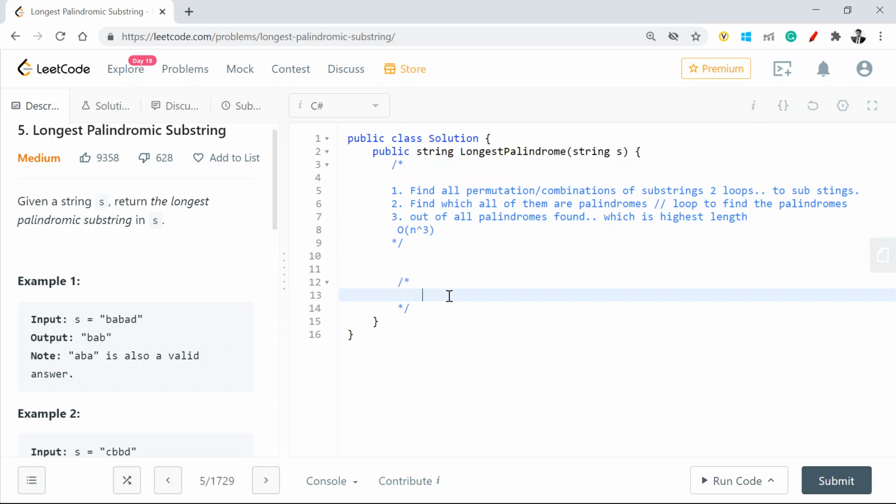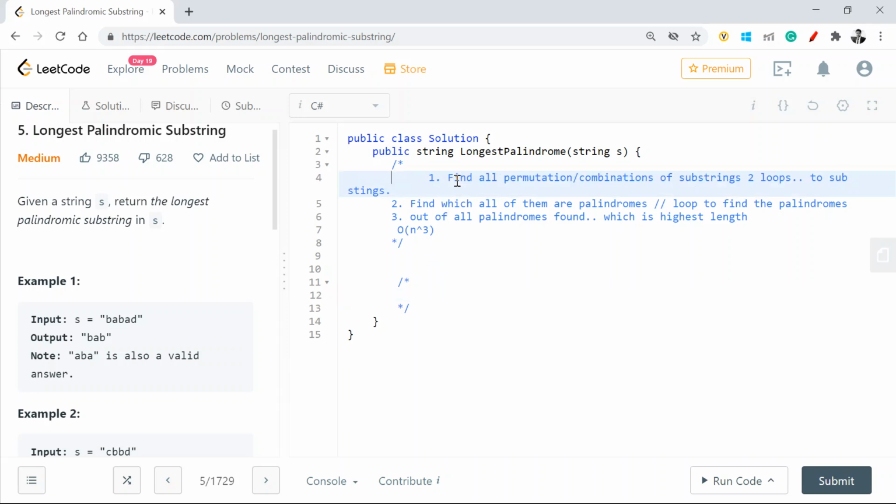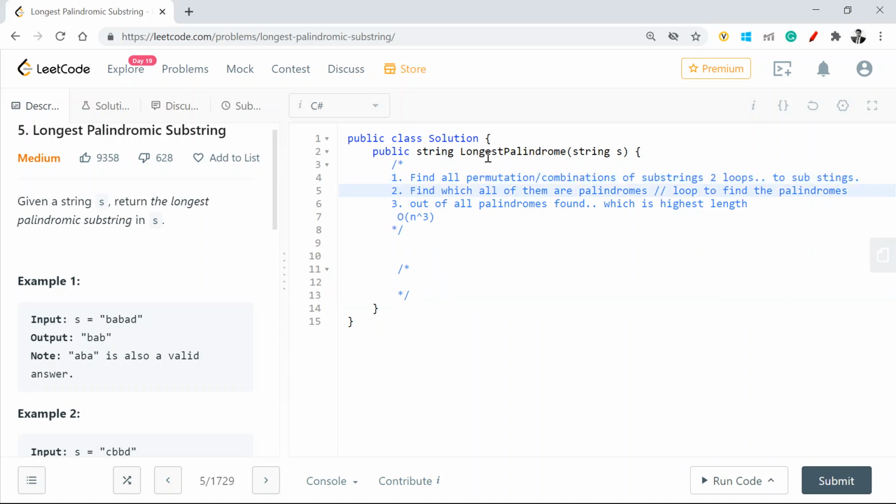This is very taxing in terms of time complexity, so we will generally avoid it, because finding a palindrome itself in a string is O of n, and finding all the combinations is itself a big task.